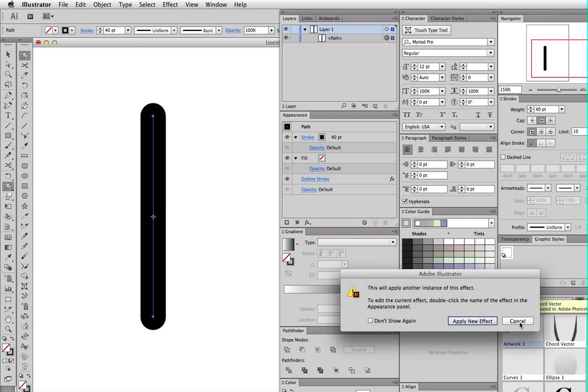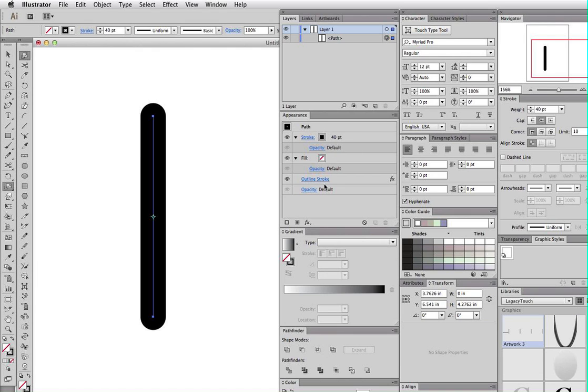Oh, I've already done that, so I'll just say cancel here, but we can verify that it's in the Appearance panel, Outline Stroke. It doesn't make anything look different, but it will allow the stroke to be distorted,